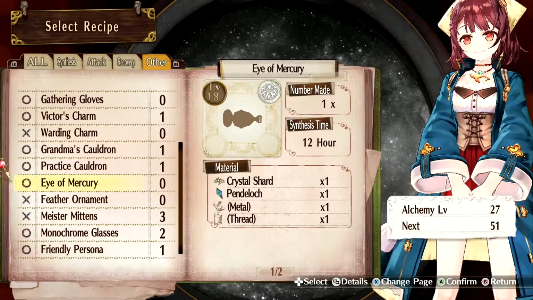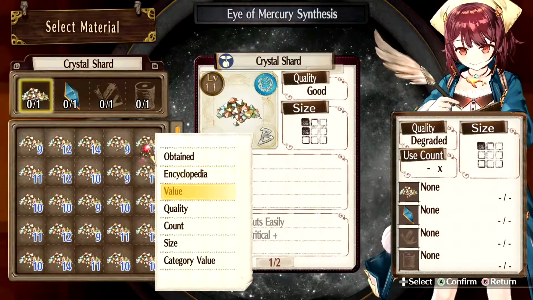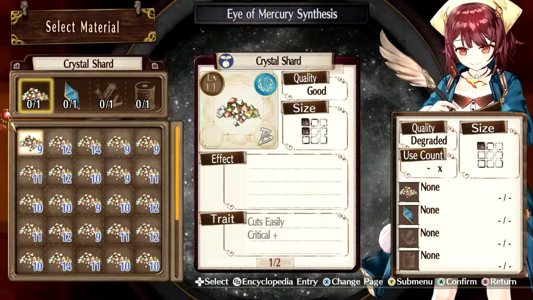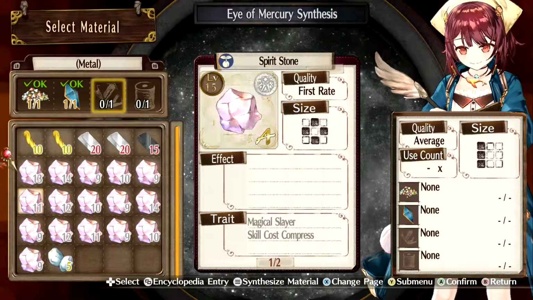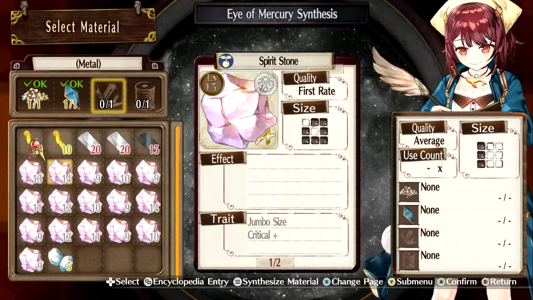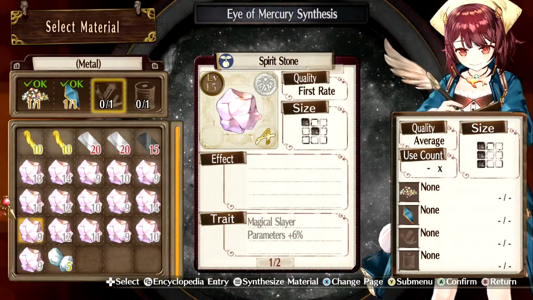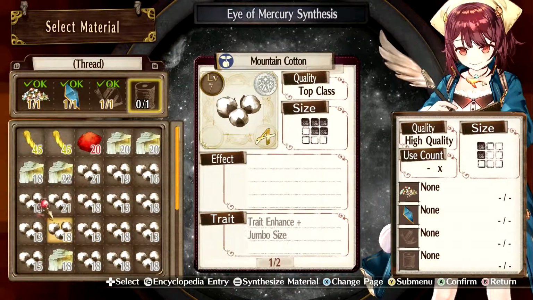So it's 12 hours. It's going to take a little bit of time. There are no bars, as you can see on the right there. So I'm just going to choose some of the lower class items. It should be okay. Don't use anything that you're really intent on keeping. I'm going to go ahead and use this guy, and I'm going to just use one of these little mountain